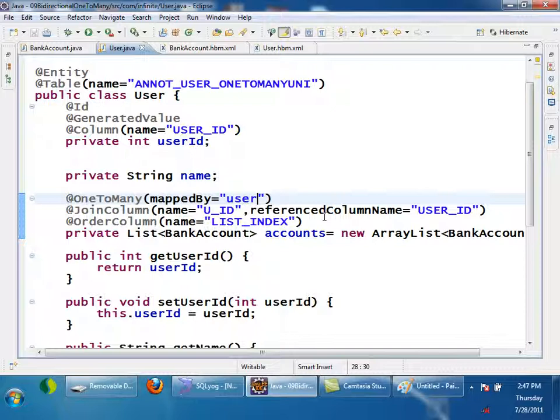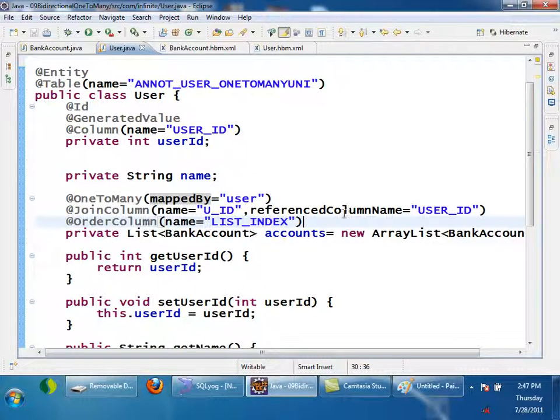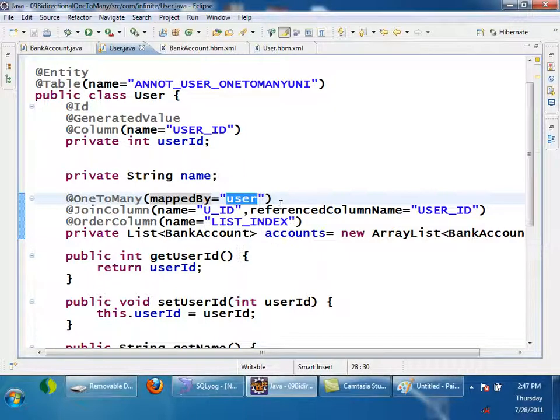Any doubts? Mapped by, we are saying that this configuration is already mapped on the other side, on the top of which variable? On the top of user variable. That's the meaning of mapped by. It is equivalent to inverse is equals to true, right?